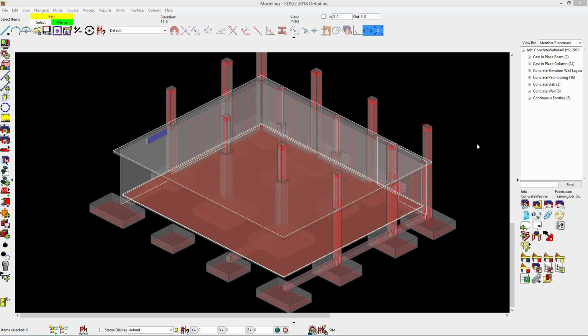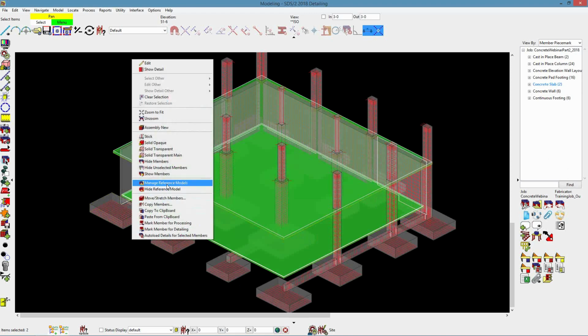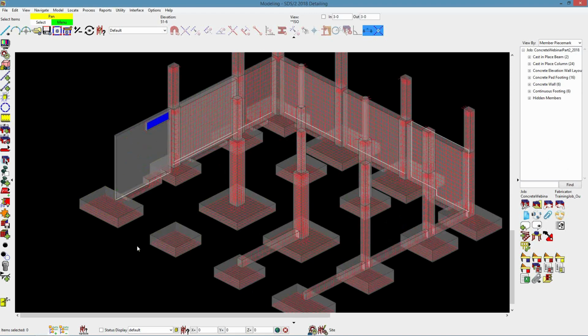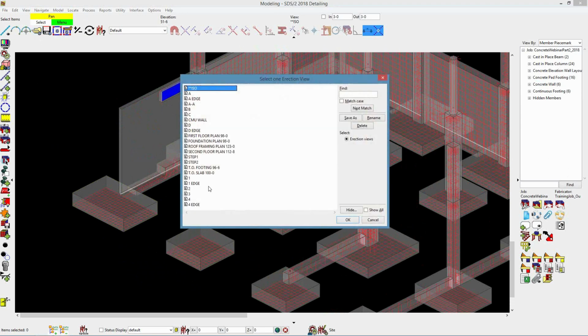So first here we are going to start out. I've got an existing model in here. We're going to add in some cast-in-place columns to start out with. So I'm going to come in here and grab my two slabs that are already in here. I'll go ahead and right click and hide these members, make it a little bit easier to see within the model here. So I'm going to start out, I got my pad footings already in here, so I'm going to go ahead and open up my view here to my top of footing,